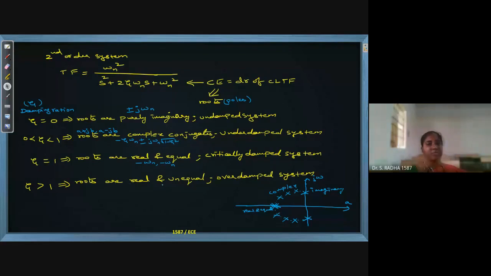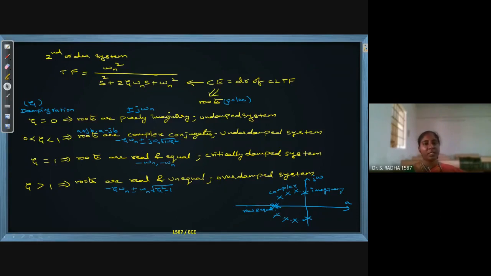Now the last one, real and unequal. Real and unequal means minus eta omega n plus or minus omega n into square root of eta square minus 1. These are the roots. Okay, and you should possibly remember these roots because we may have one or two problems on this. Critically damped is easy to remember. Imaginary also is easy to remember. The first case and third case, it is easy to remember the roots. Other thing, once or twice you repeatedly check it. Why am I writing j? Because eta is less than 1, so I am writing j. Why am I writing under the square root? In the fourth case, why am I writing square root of eta square minus 1?